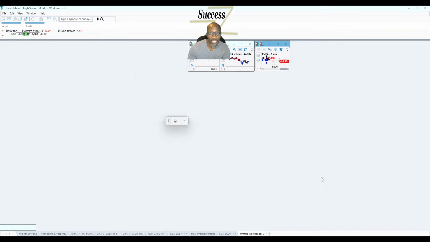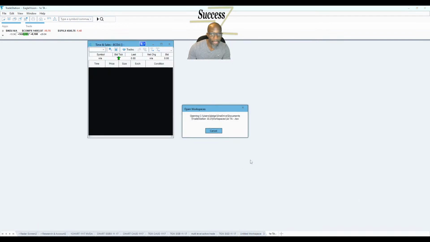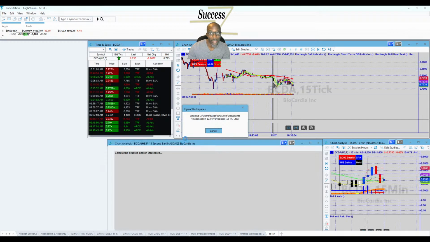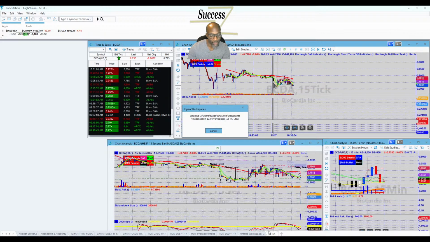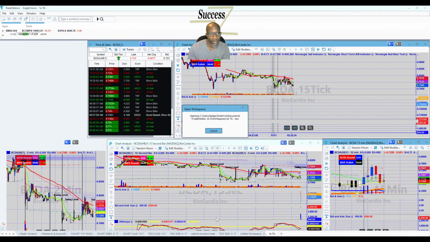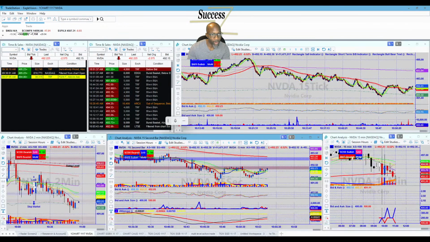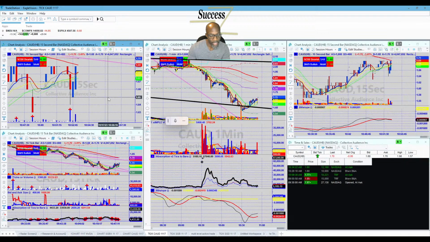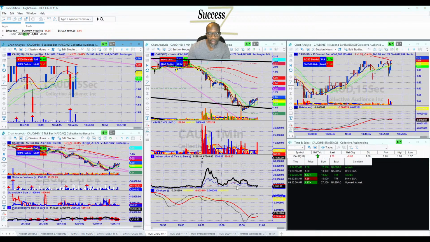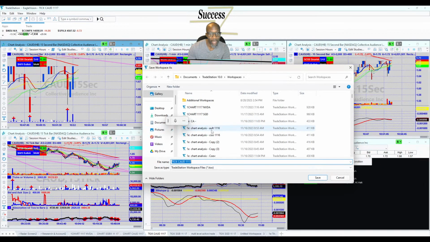TA is supposed to be the tick chart. That was the chart analysis. This is wrong. This is wrong. And if I saved over it, then I probably have all of them wrong now. Here's a tick. Okay, this is the tick. So this is right. So we're gonna resave this as the